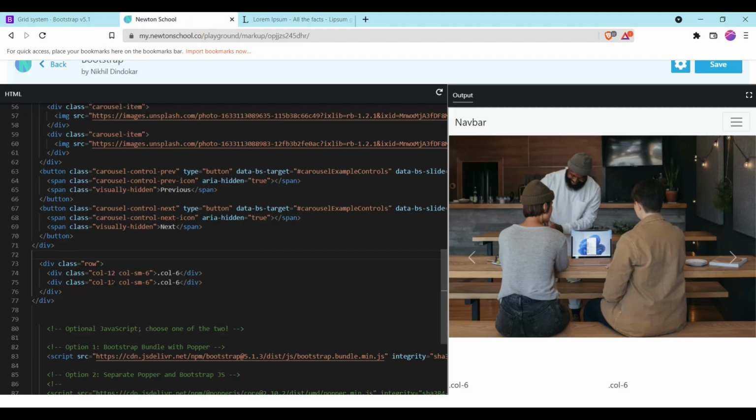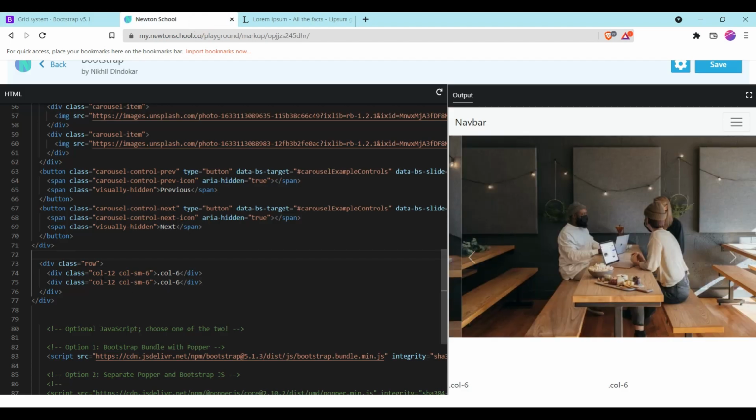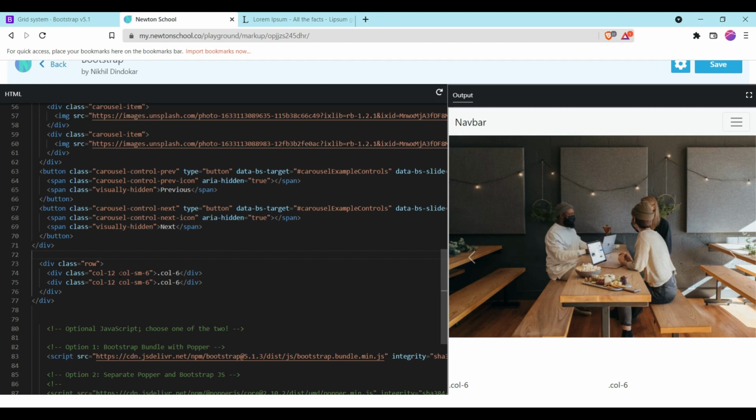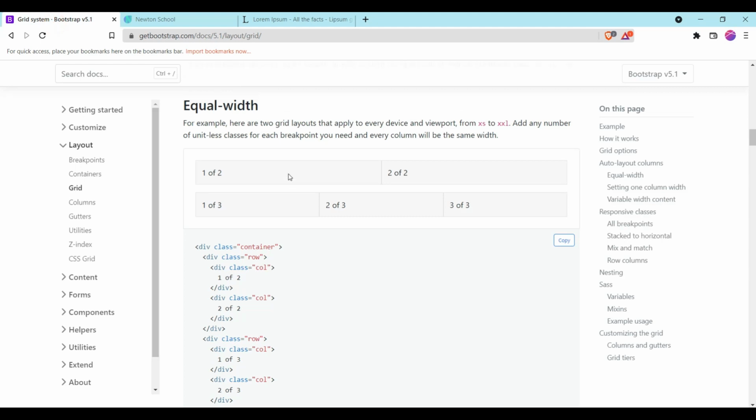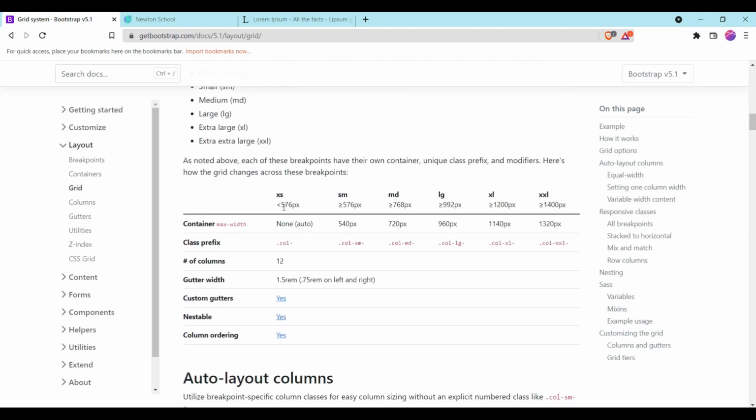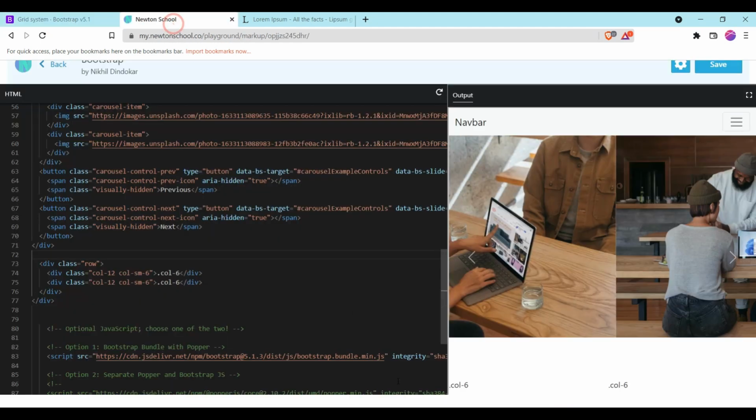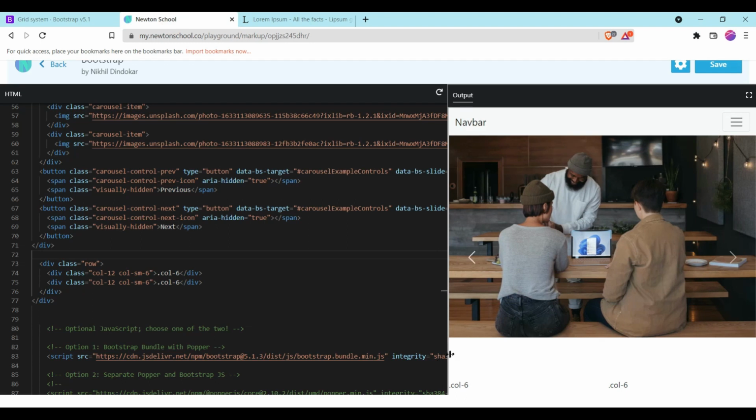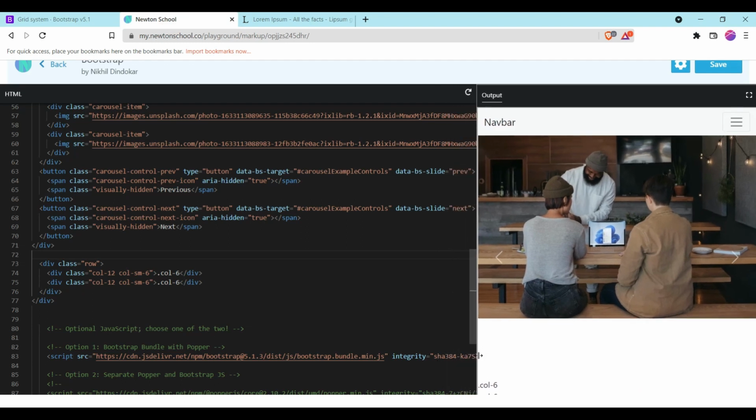I pasted a code here. If you see column 12, it means the column breakpoint is 576 pixels. Like I make the column 12, you can see it will grab the whole space of 12 columns.